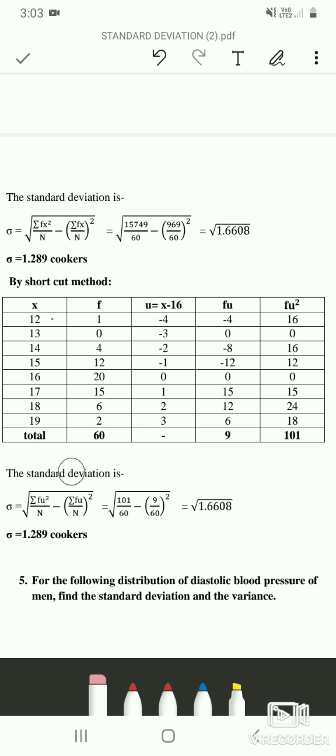If they have not mentioned in the question in your exams, you can choose any method which is convenient for you. You can see here the values are just 4, 3, 2, 1. So you can obtain the squares manually, that is without help of calculators, and these values are also small, so you can do the calculations orally. That's the reason we use the shortcut method, and your calculations will be faster compared to the direct method.